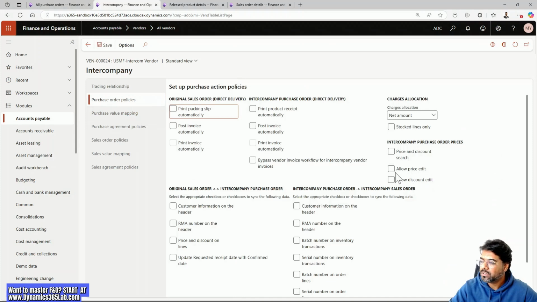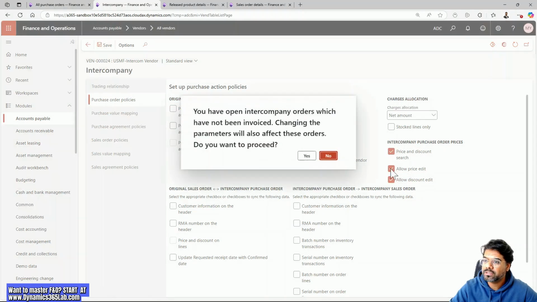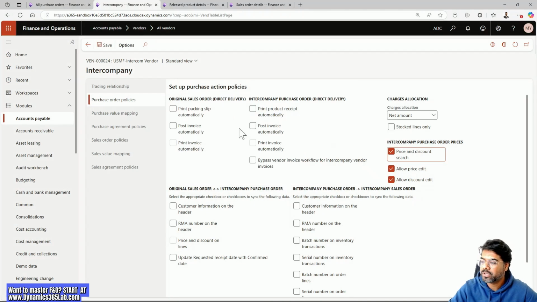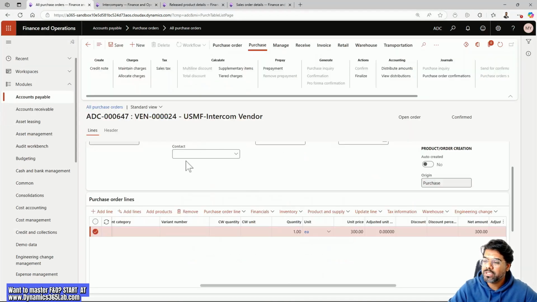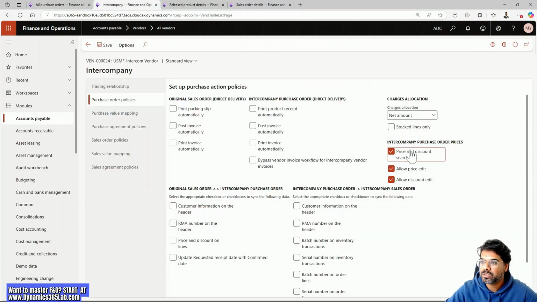Within the policy, if you want to enable all of this, and if you enable all of this, the system also gives you a warning. Once you do that, if I refresh this page and save it, you will see now I have the ability to change the pricing and override it